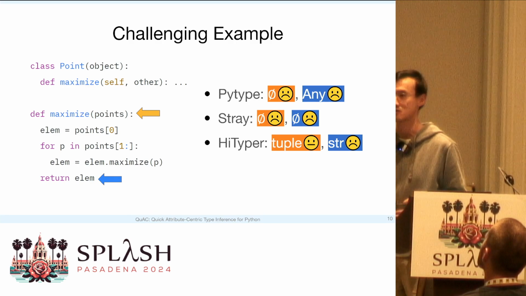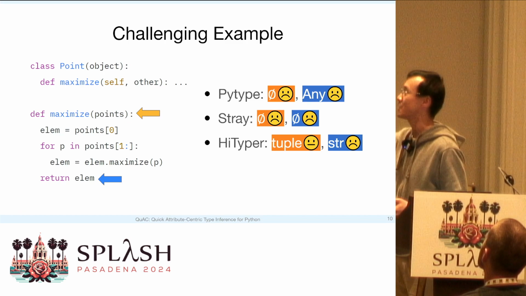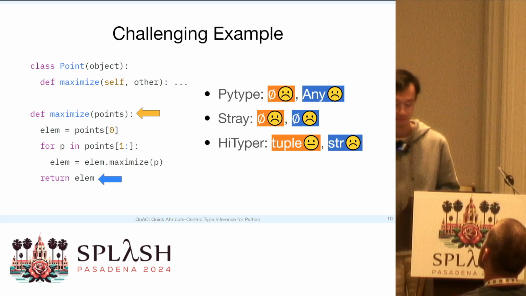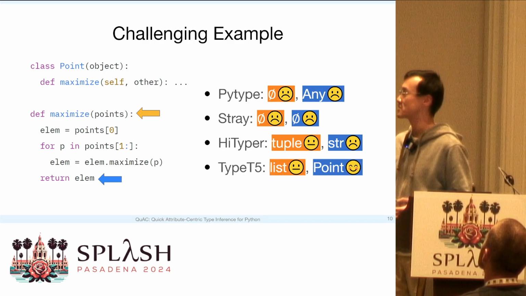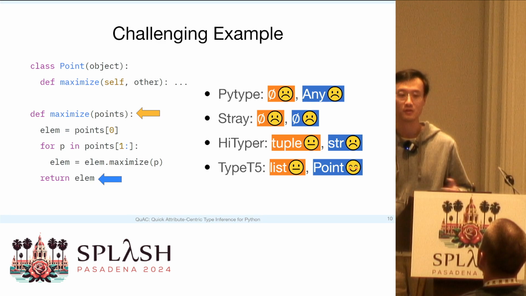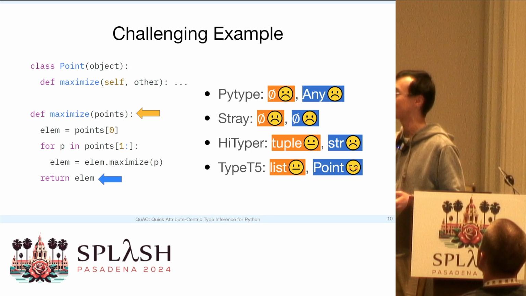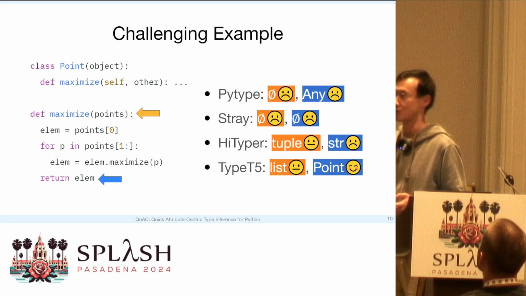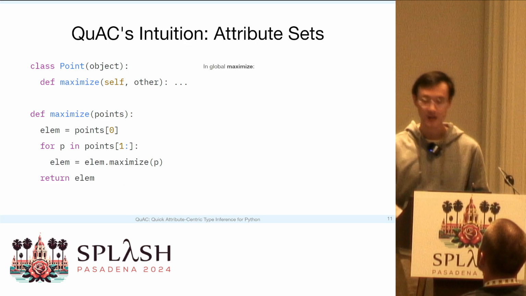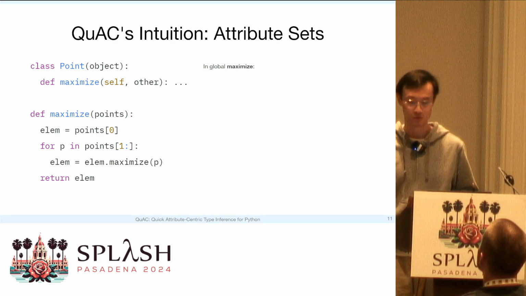In addition, it does not predict the type parameters of tuple. Furthermore, it predicts element to be string, which is wrong. Last, the recent LLM-based type inference method Type4Py predicts points to be list, which is also over-constrained, as it could also be tuple, and it does not predict list's type parameters. It does make the correct prediction for element, though. However, this is a good example that showcases the power of our type inference tool, QuAC.